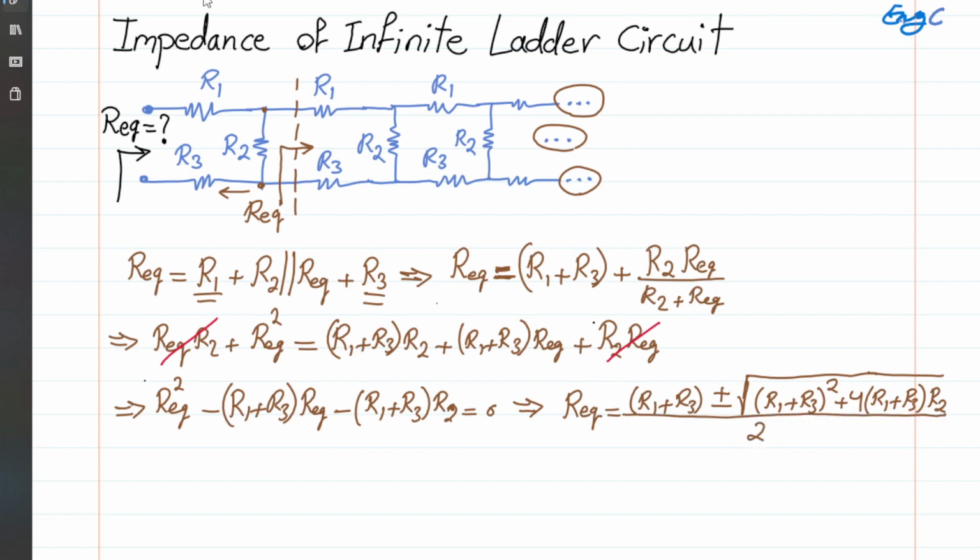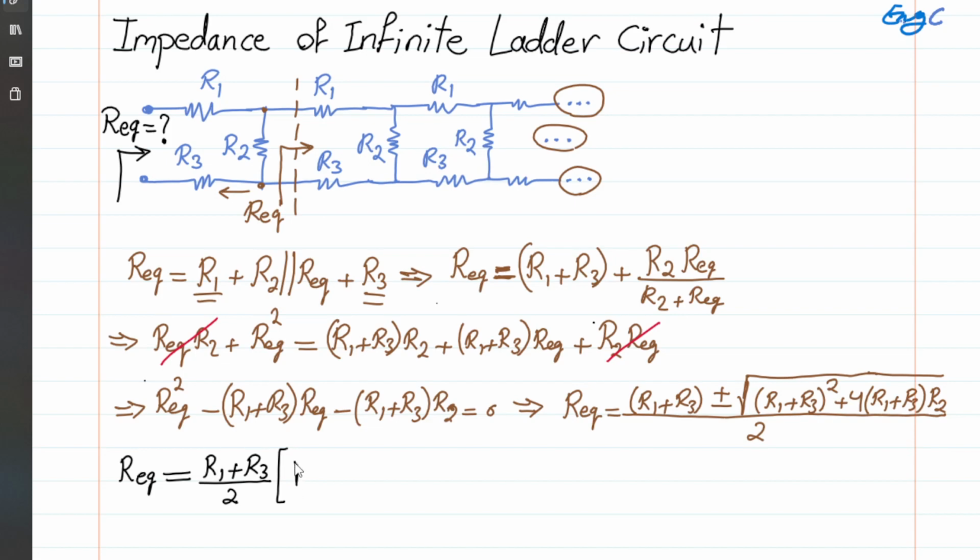So we found the final solution. Let me change the color. What we found here is, generally speaking, the equivalent resistance or impedance for this infinite ladder network shown is equal to, if you want, you can factor out R1 plus R3 like this, and then divide by 2. I just factored out this component from both here and from whatever is written under the square root, and factored out the 2, wrote it outside, and then times